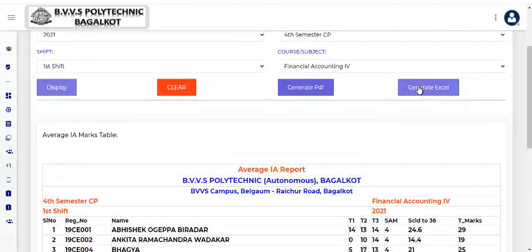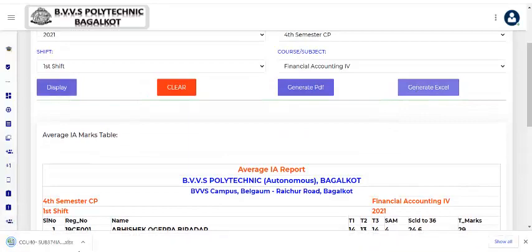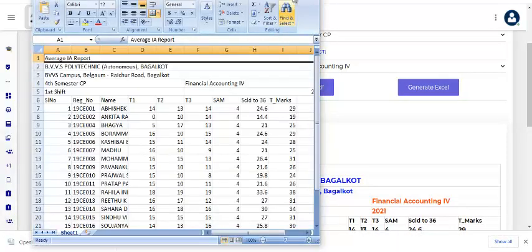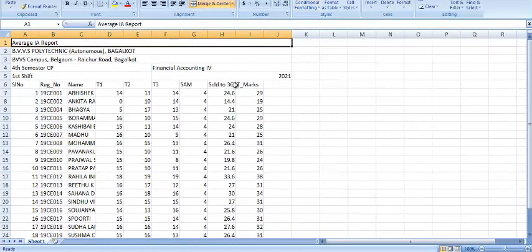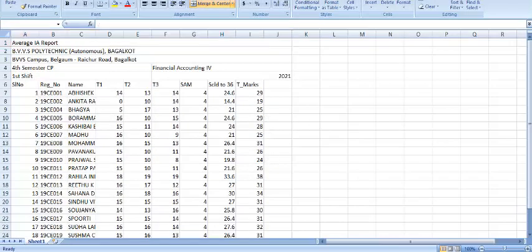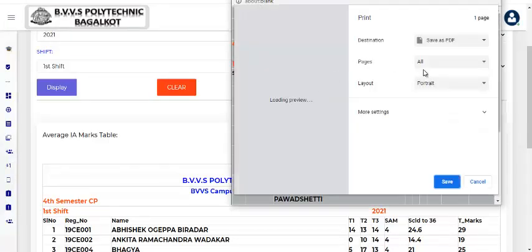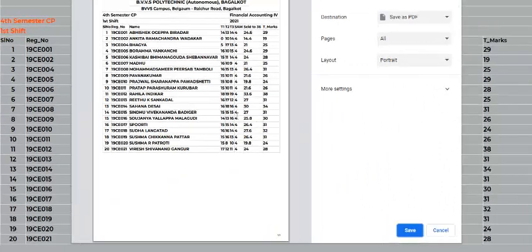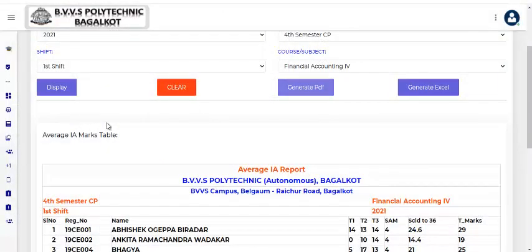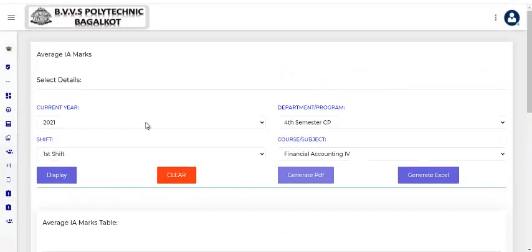As usual, if I want, I can just generate through Excel sheet also, where the complete details of the average IA report has been mentioned here. As usual, I can generate PDF also, PDF format also has been mentioned here. The PDF format also I can just save it. This is about the average report IA marks.